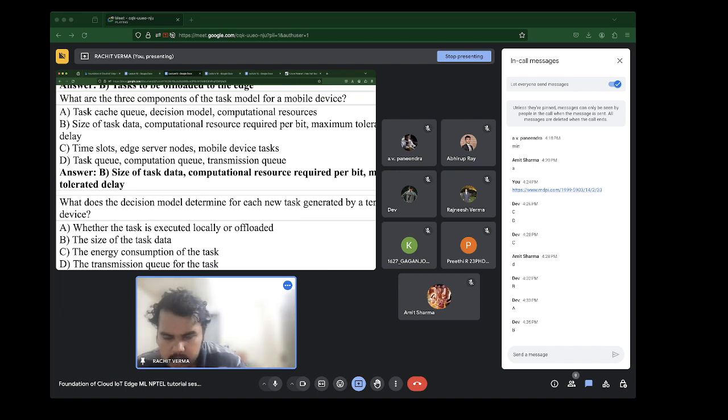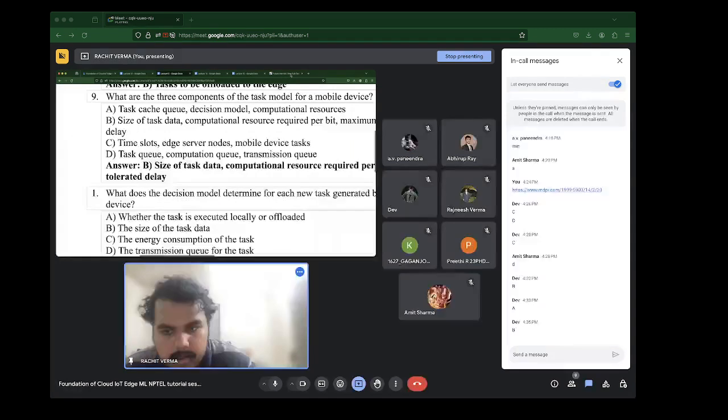So anyway, I hope you didn't see the answer. What does the decision model determine for each new task generated by a terminal device?